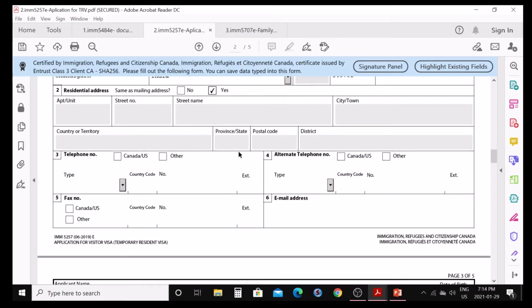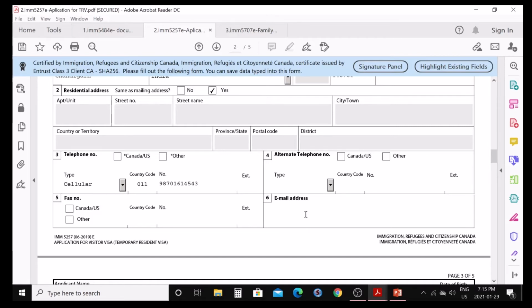Telephone number, give your telephone number. First we're gonna choose, like if I say cellular, and country code for India, and then I'll give a number, suppose 98701614, something like that. I don't know if this number is real or not. Alternative number, you can give an alternative number if you want to give someone else's number. And email address, I will say email address necessary.